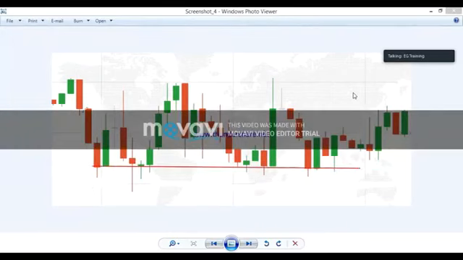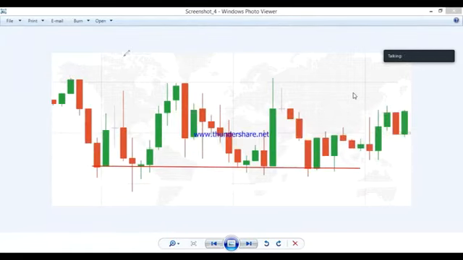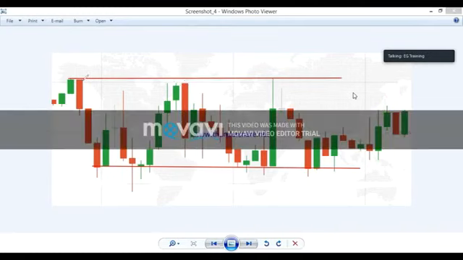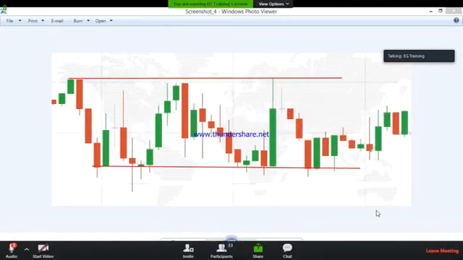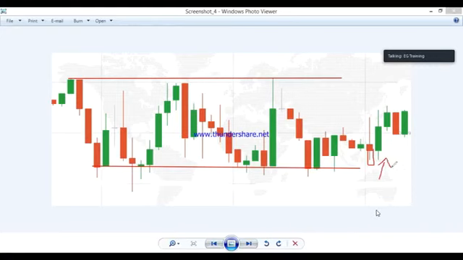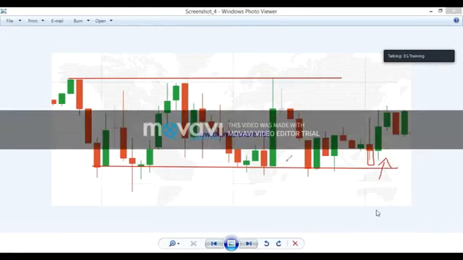But here there is a level where it reversed without touching this level. Sometimes it will reverse below the previous levels, but we can't trade because there is still a gap. We can't expect whether the market will reverse or not. But here we can expect a reversal. Whenever the market closes here like this, you can easily place a higher option without any doubt, because you know the market is respecting this level. You know this is a strong reversal point, a strong support level.